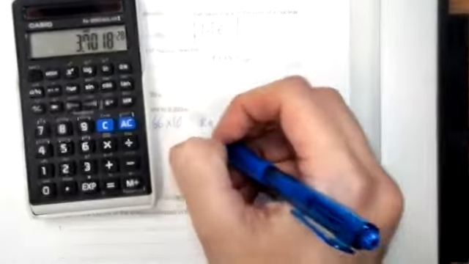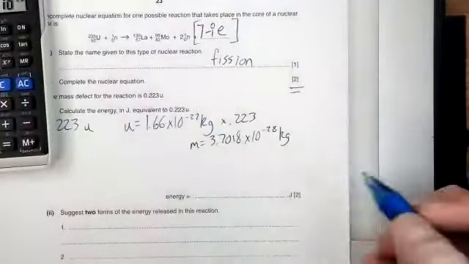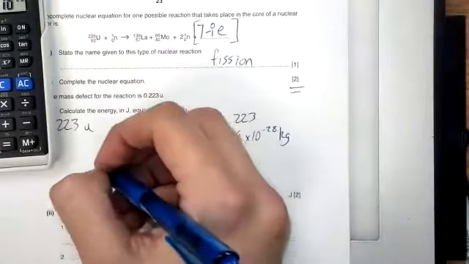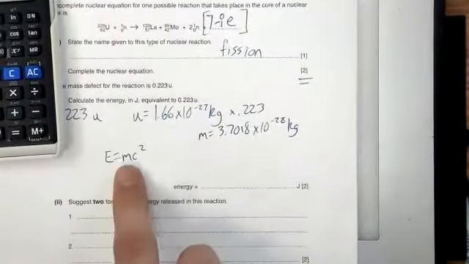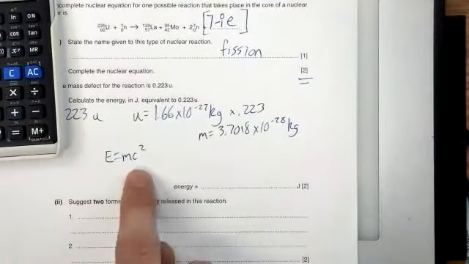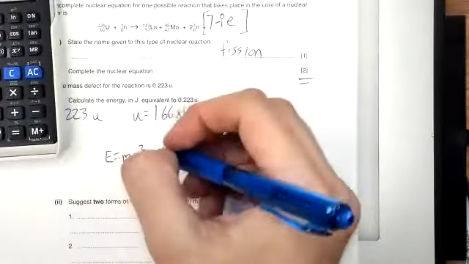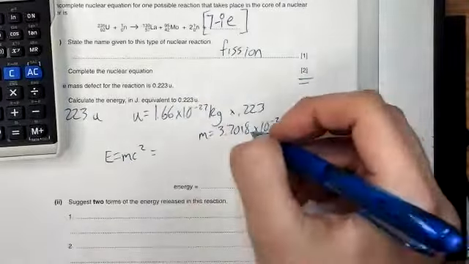This is the mass, 3.7018 by 10 to the negative 28 kilograms. Hopefully you're able to calculate this many kilograms, and then you said, well, how do I turn mass into energy? And this was the focus of last week, and Einstein's famous paper, Does the Inertia of a Body Depend Upon Its Energy Content? And indeed it does. So we're just going to plug in this mass, 3.7 by 10 to the negative 28